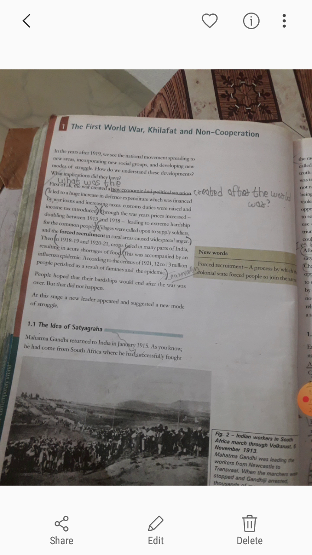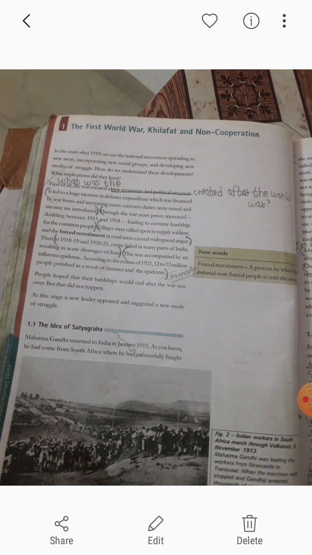Now at this stage, what happened? A new leader appeared and suggested a new way of struggle. Clear? First one is the idea of satyagraha. Clear? Satyagraha means what? Satya means truth and graha means what? The way. Clear? So Mahatma Gandhi, when he returned from